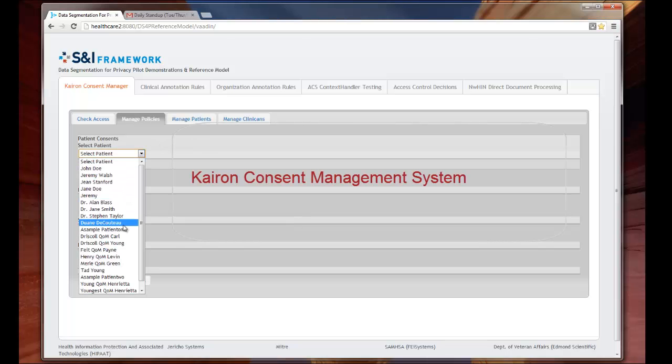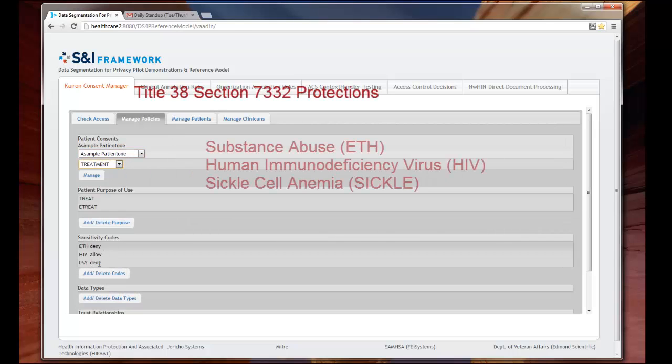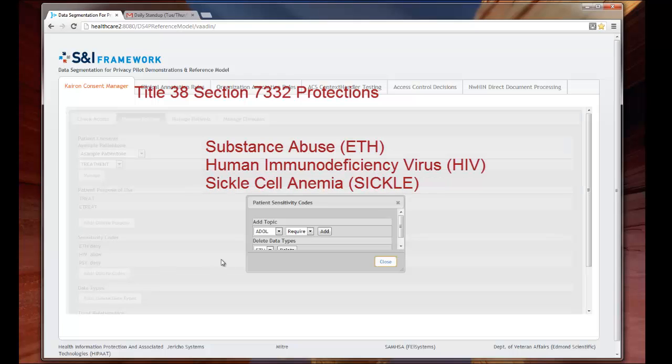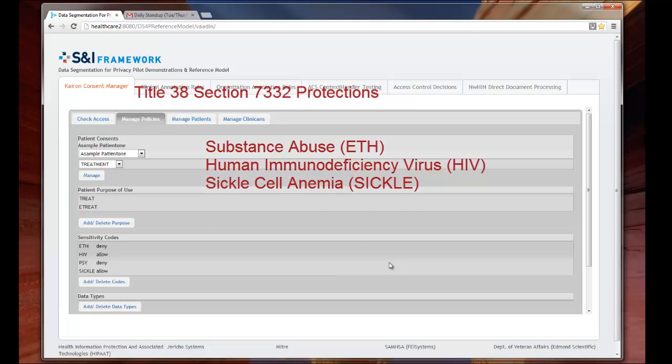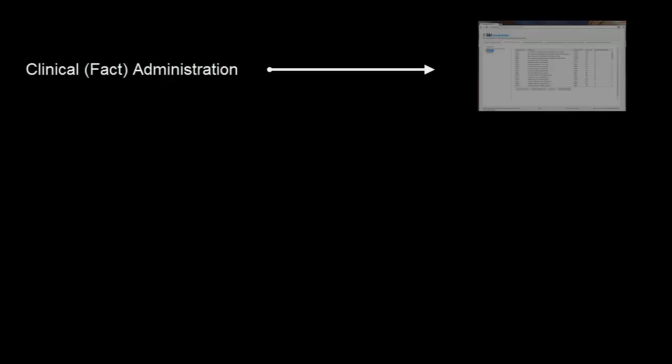In our previous use case, share partial, the servicing organization was constrained by 42 CFR Part 2. In this example, our test patient is a veteran, and the organization is the Department of Veterans Affairs, which is obligated to enforce Title 38, Section 7332 protections. This demonstration will focus on clinical and organizational aspects of data segmentation for privacy, such as clinical fact administration, which